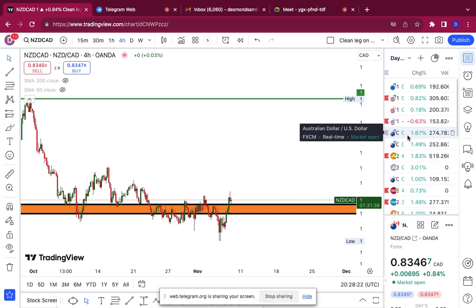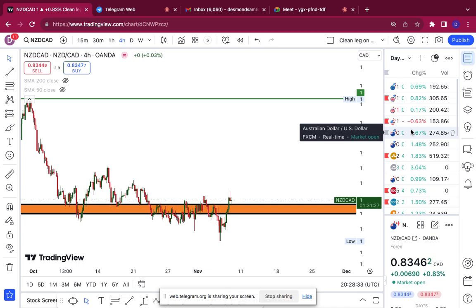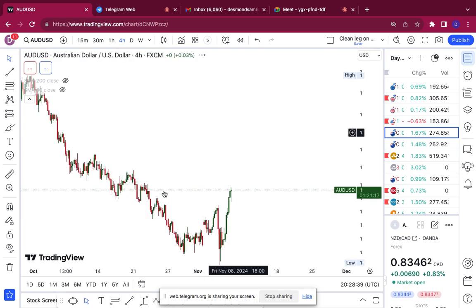So now in this case, I'm going to take it back to the Aussie dollar thing, where we spoke about the entire thing. So in AUD it's very, very simple. I think when we had this class, AUD was somewhere down, just trying to retest the demand level before making its way up, as you can see here. Let me expand my screen so this whole thing will make sense.